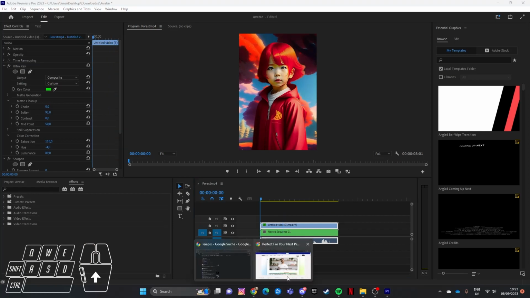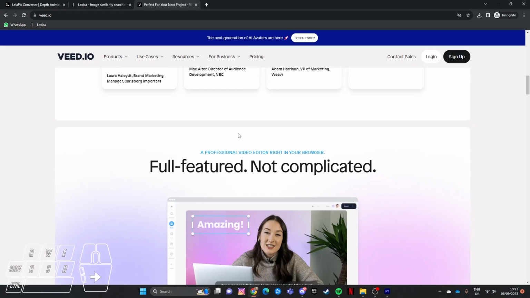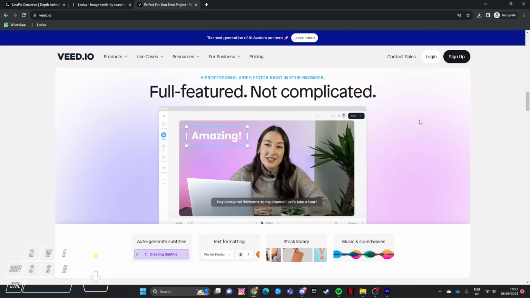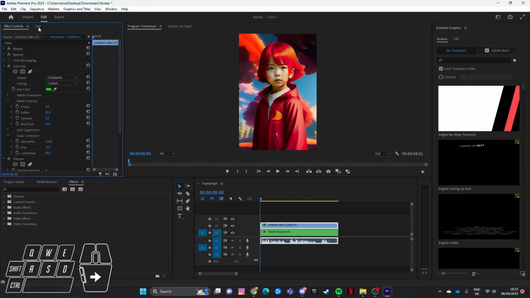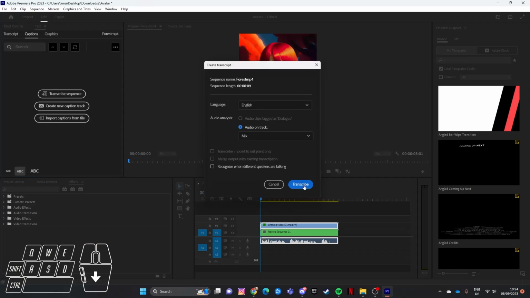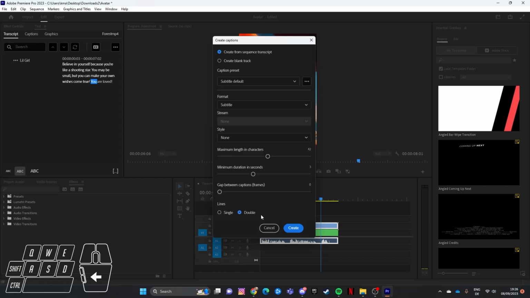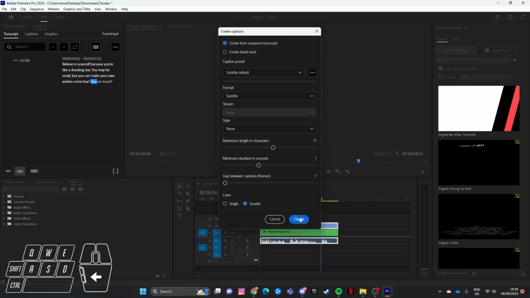You have something called vid.io for adding subtitles. You can use it if you want, but it leaves a watermark and 720p export, so I'd rather use Premiere Pro. And for that, I'm gonna go over to the text tab and click on transcribe. I leave everything as it is. I let them auto-generate. I fix any error that is found, and then I click on create caption. Here I adjust a couple things, hit create, and now you have subtitles.